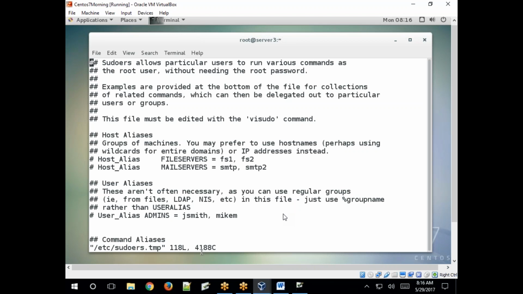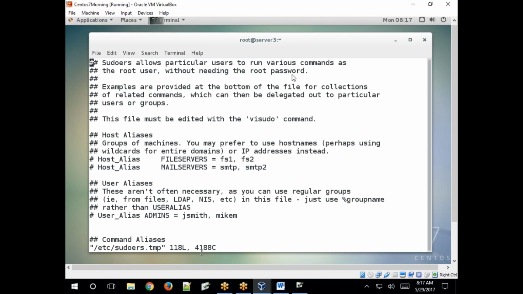If you allow that user, he can perform that action without the administrator password.